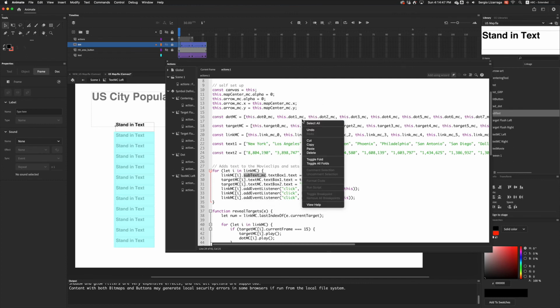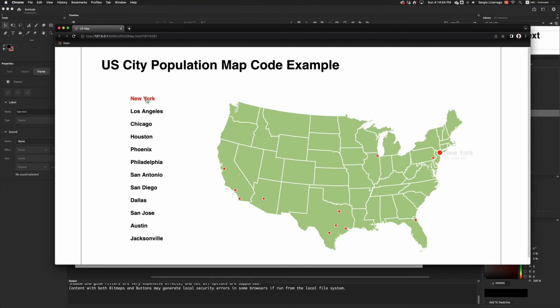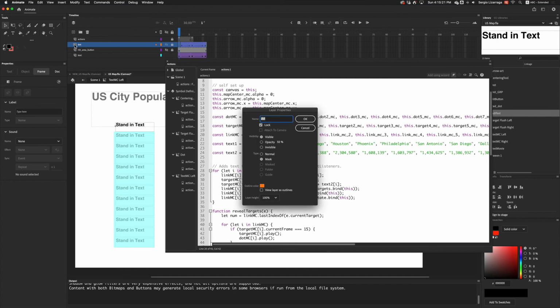And now when we run this, we'll click on New York, and you'll see that it changed to red. We'll click on San Diego. You'll see that the red stops in New York, and it shifts over to the red. So that's your option in terms of how you may want to make the modification. However you want to animate it, if you want to animate it by color, or if you want to use the dot, or if you want to replace the dot with another shape. So if we come back in here, turn on the dot, turn it back into a normal layer,